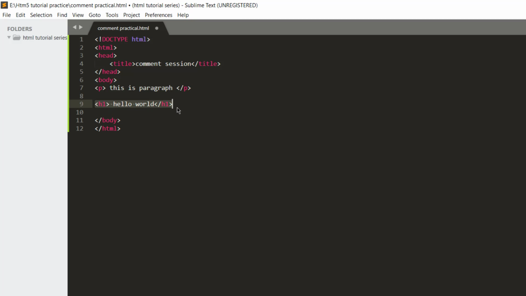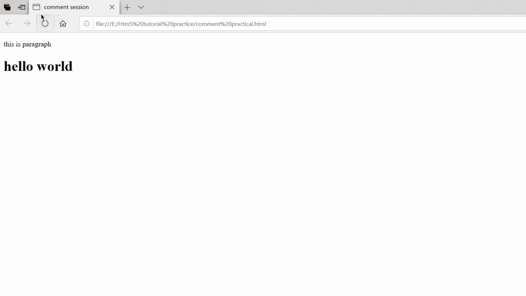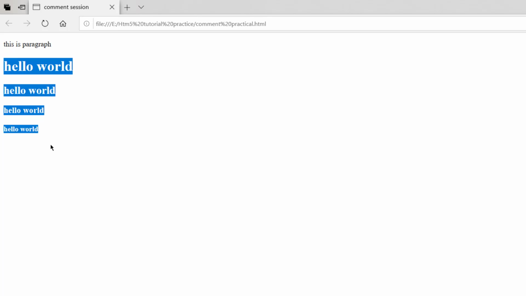Okay, I'm copying that again and putting this here, and this is a header 1, header 2, same as right here, 1, this is a 3, 2, this is a 4, right? Let's check again. As you see, this is header 1, 2, 3 and 4. I'm using that and it's showing here.